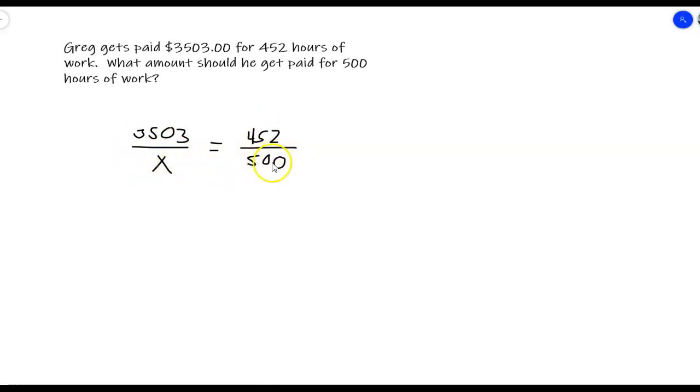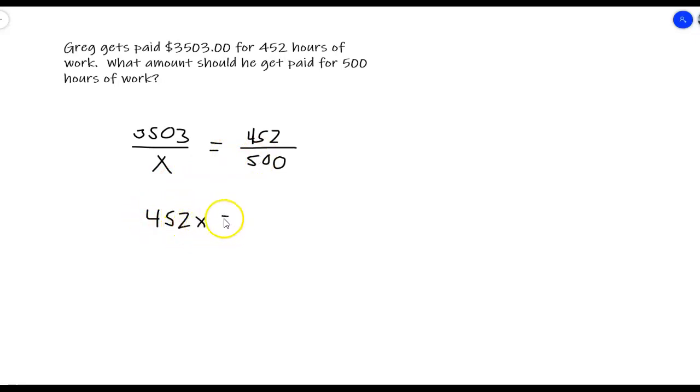So both of these are hours, so they go on the same ratio, and both of these are going to be money, so they go on the same ratio. And since this is a direct proportion, the top values have to be corresponding to each other. So the 452 hours has to correspond to the $3,503, and the 500 hours has to correspond to our unknown variable. Once we do that, all we need to do is cross multiply and divide. So we're going to get